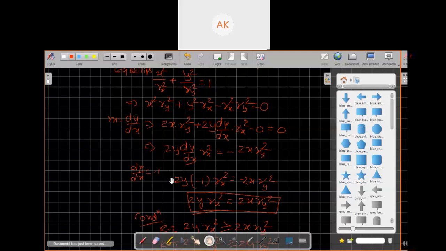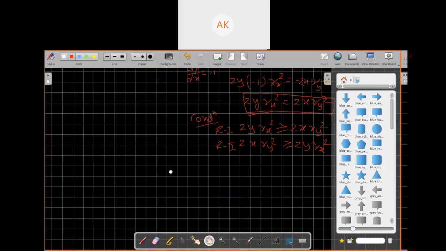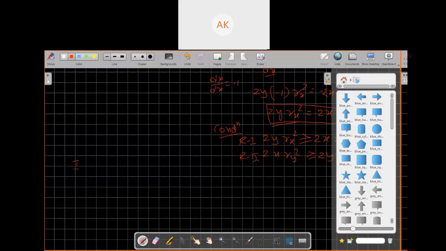So find the initial decision parameter for region 1. Initial decision parameter for region 1, which is P1k. I'm just telling you, 1k means the initial decision parameter for region 1, 1 indicating region 1. When we calculate the decision parameter for region 2, we will give the name P2k, means decision parameter for region 2.